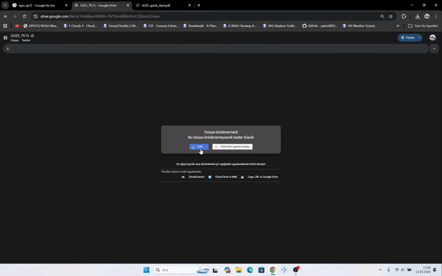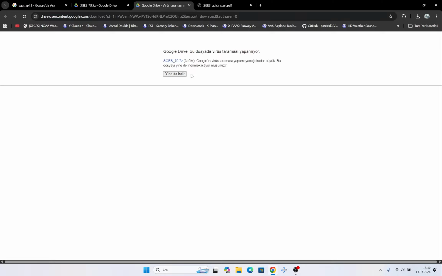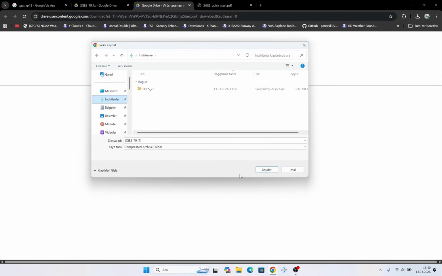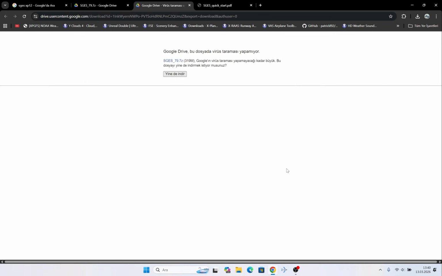You are going to continue again by clicking the download button in here, and then continue again, and you are going to download the file into your computer. After you download the file into your computer,